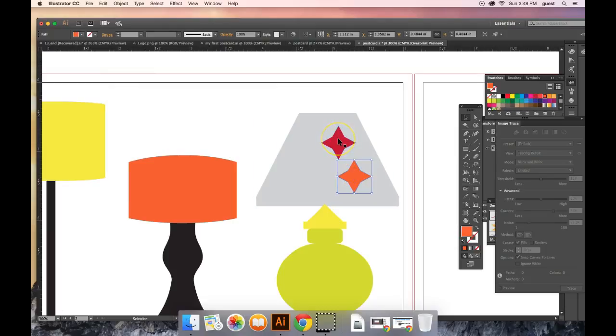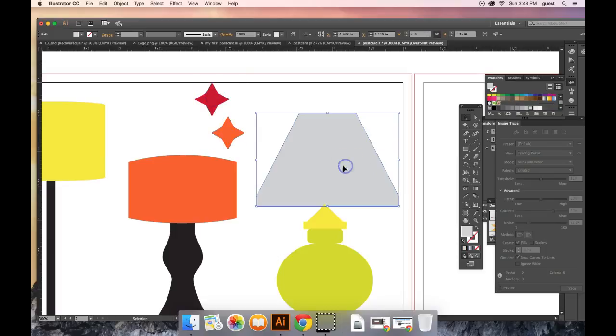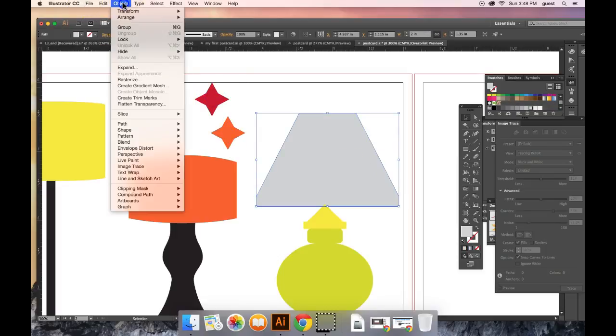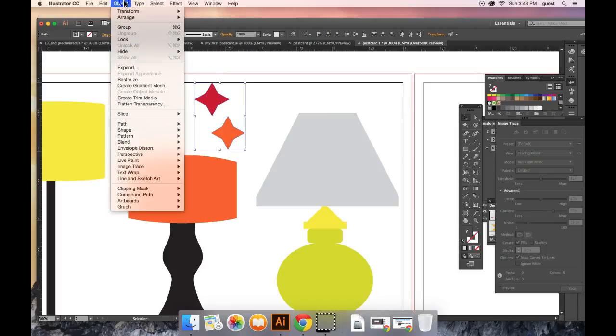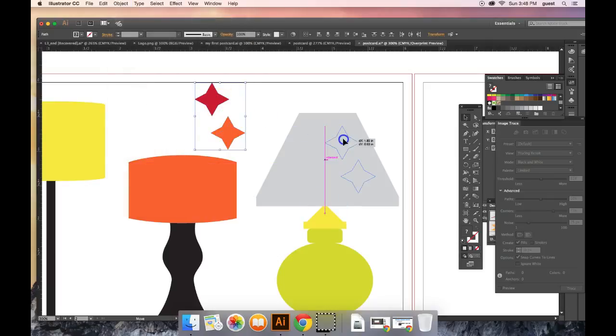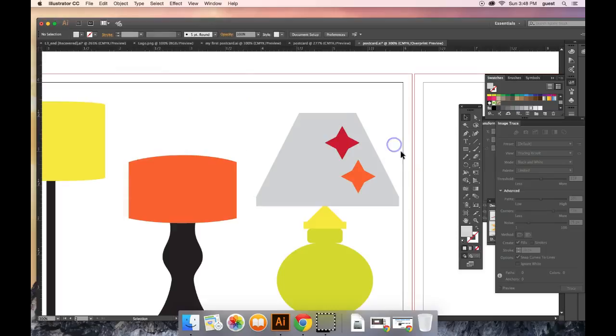Actually, what we're going to have to do here, I should have done it another way, but we'll just do it this way. So I'm going to bring this object to the front. Okay, and then I'm going to take these and bring these to the front. And then they should hover over there. Okay, so now we've got our 3 lamps, and we are going to now work with the